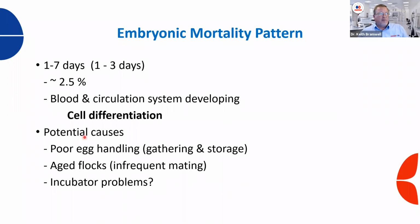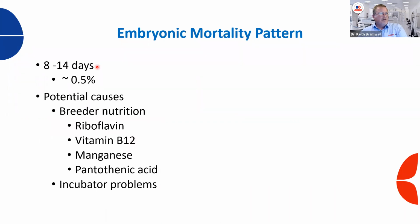If we have problems in that first week, these are potential causes, which we'll talk about again a little bit. This is really to focus on what's normal. Middle should be about 0.5%. And I'll say that in my